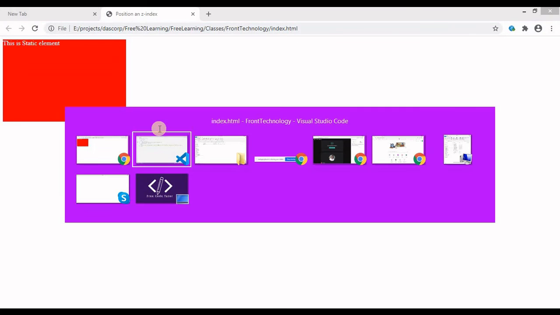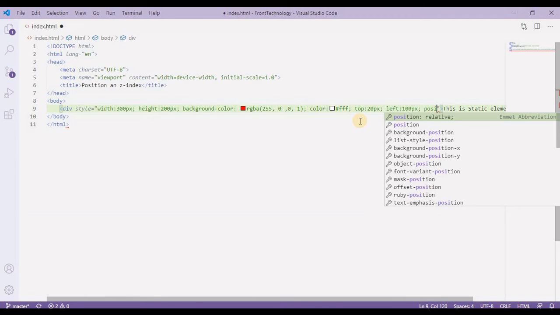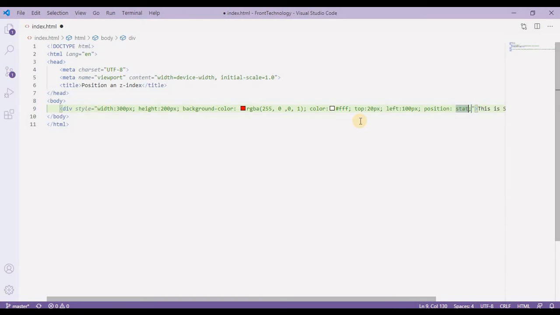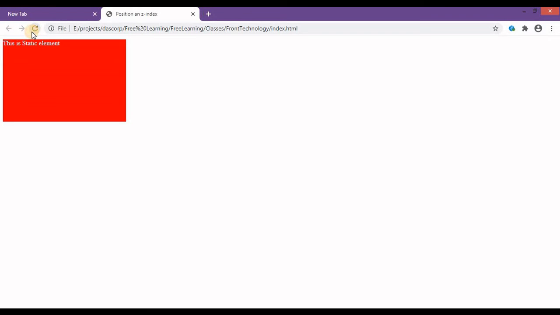Now let's provide the position also. So I'll provide position, which is static again. Now let's go back to our browser, and as you can see, there is no change of position. You must be wondering, when we were not providing any position to this element, it was behaving the same, and this time it is also behaving the same.